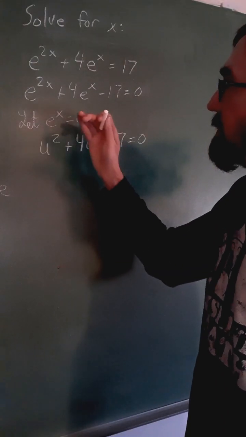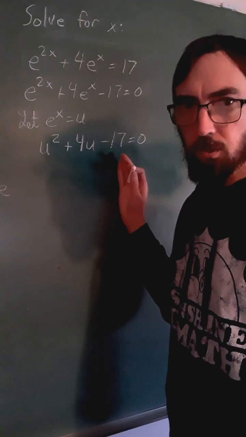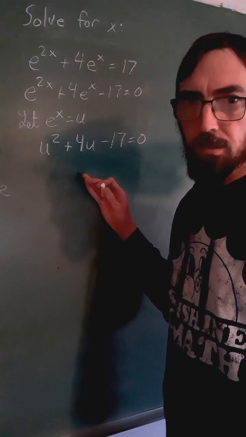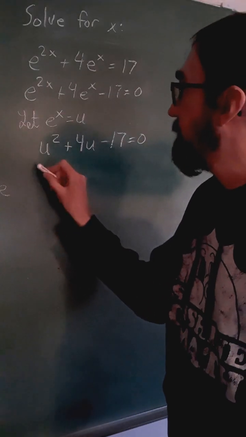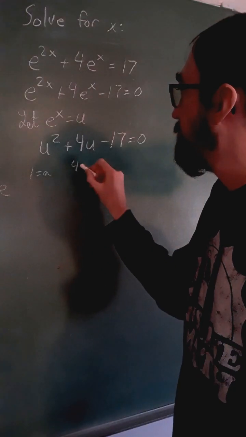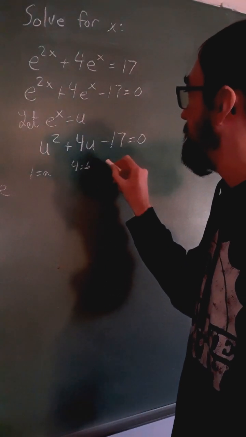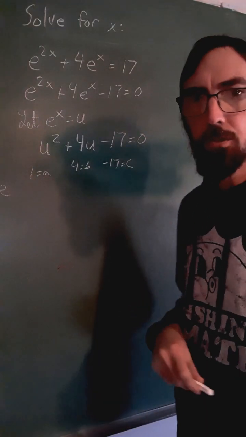I've just substituted u in for e to the x so that I can see that this has a nice quadratic form. Now that I know that it has a quadratic form, I'm going to put the values of 1, this will be my a value, 4 for my b value, and then negative 17 is my c value into